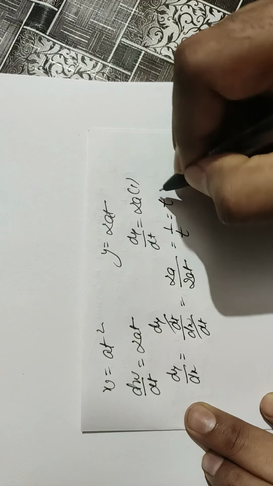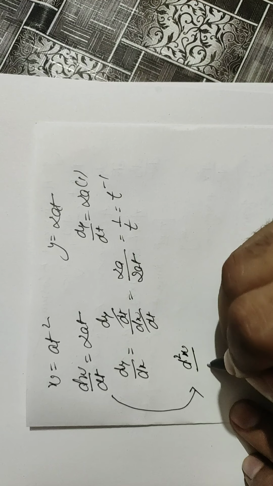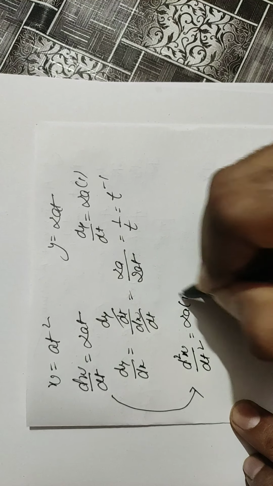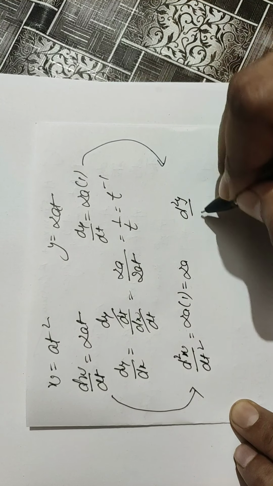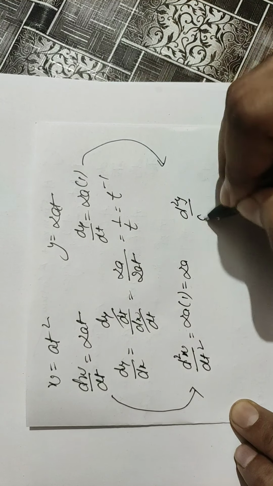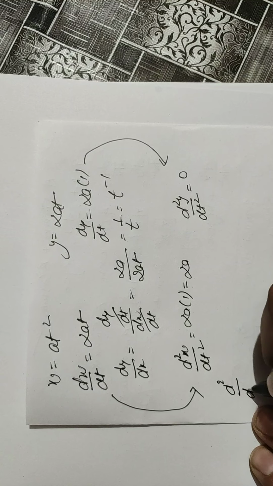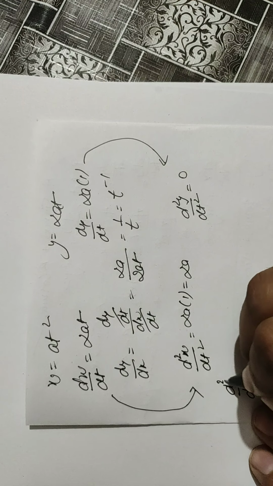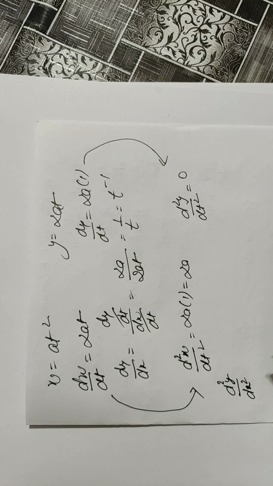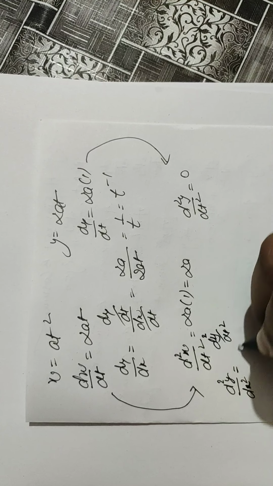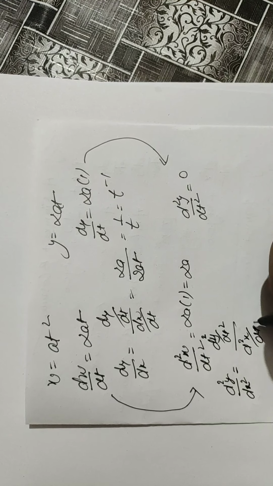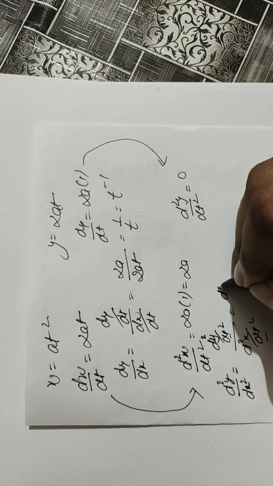If we see here, there are two concepts that come to mind. If we calculate the second derivative from here, it can be written like this. So overall it is 2a. If we take the second derivative from here, d square y by dt square becomes 0. We want to calculate d square y by dx square. This is the symbol for second order. We are going to calculate the differentiation of y. If we see here, d square y by dt square and d square x by dt square, here dt square is the same, so it cancels out. So we get this one.